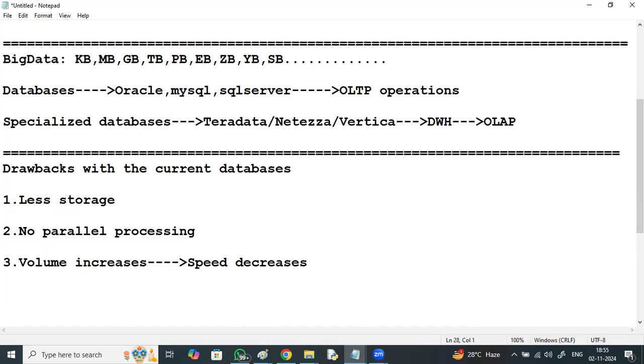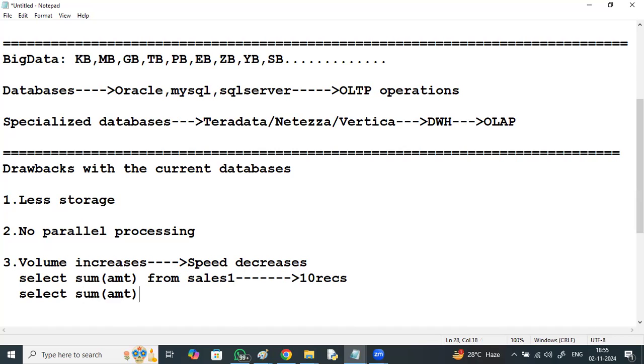Example, if I take a query like this: select total amount from sales1 table, which has just 10 records. Select total amount from sales2, which has 10 lakh records.